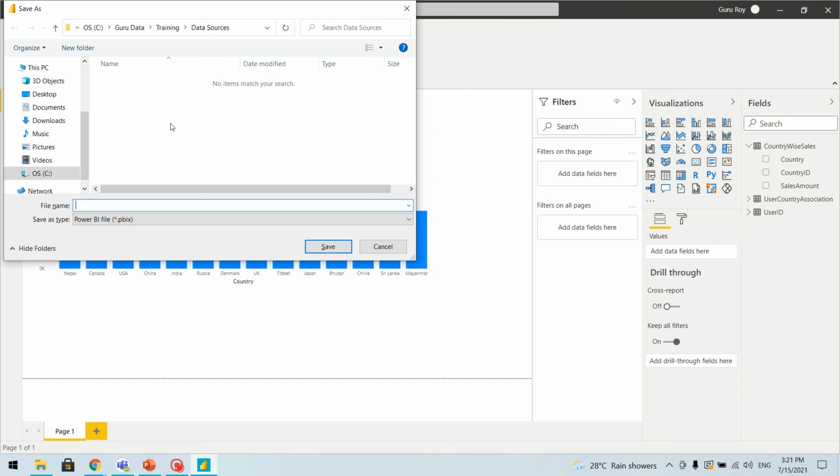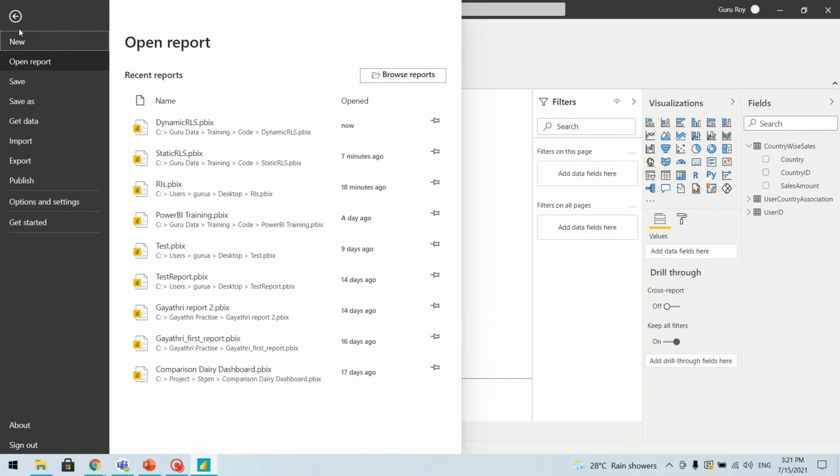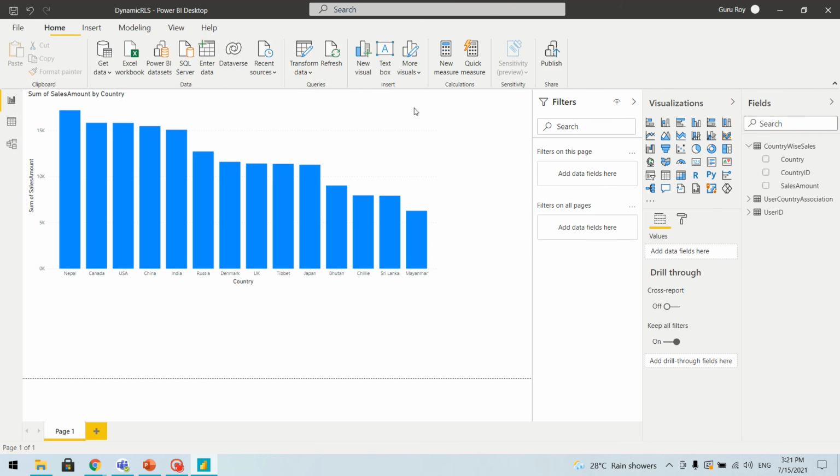Now we'll save this report as dynamic RLS. We'll go to code, we'll save here, and we'll deploy this report. Sorry, let's click on home and publish this report.